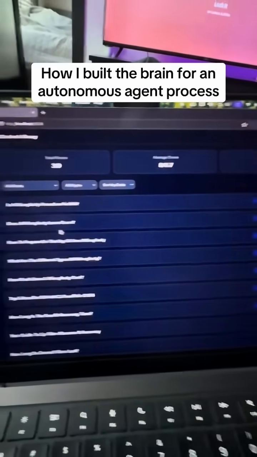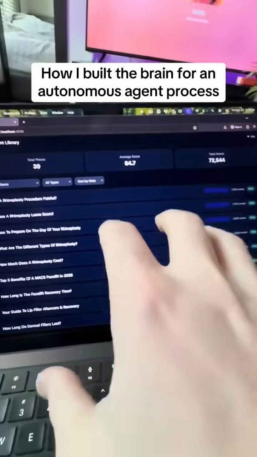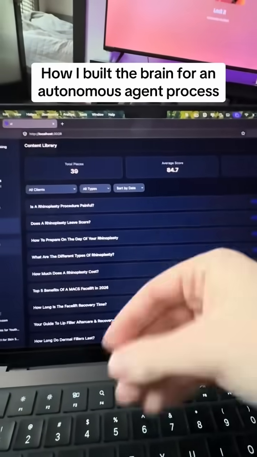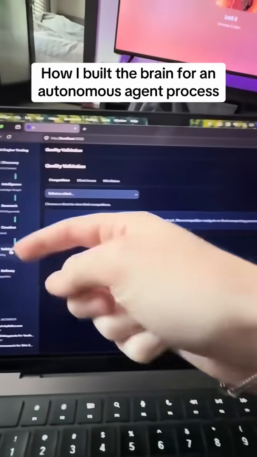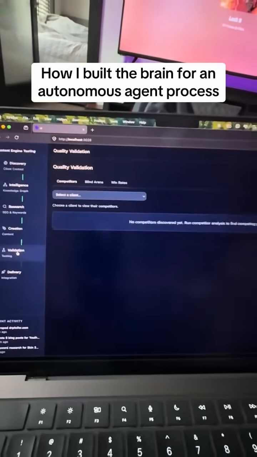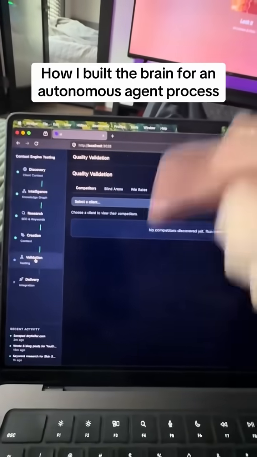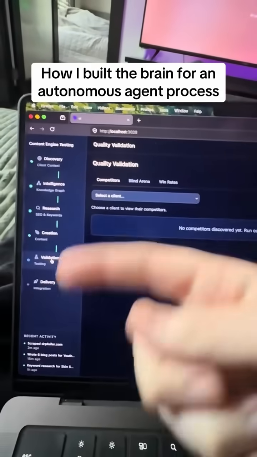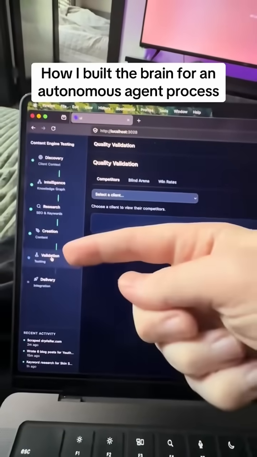And then there's also validation. So once the writer agent gets done and thinks it's done, we go in and do blind testing. It'll go back to that knowledge base. Who are the competitors? Do they rank for any of these keywords? What do their pages say? And how do ours stand up against theirs? And keep validating. And if it needs to go back,